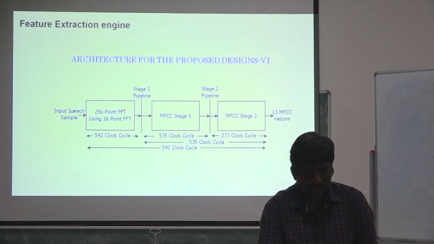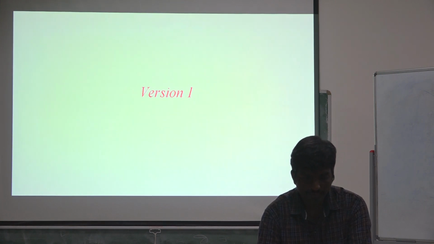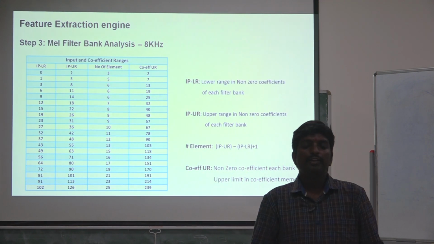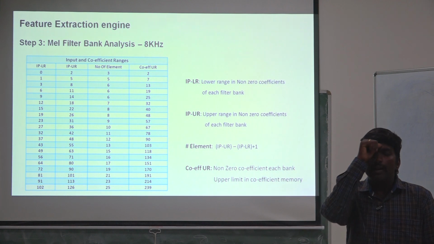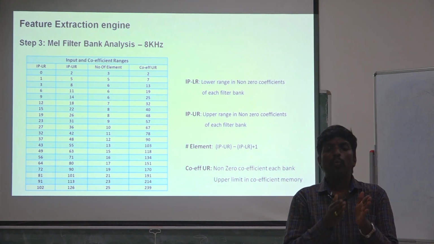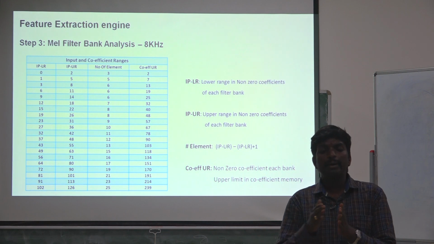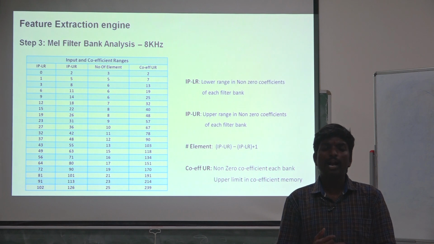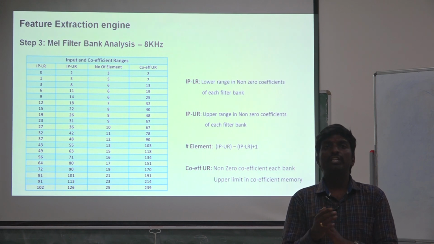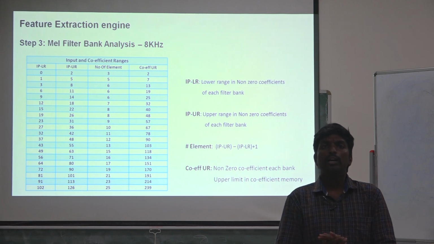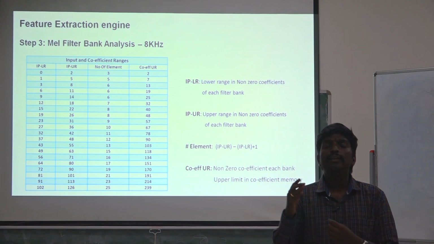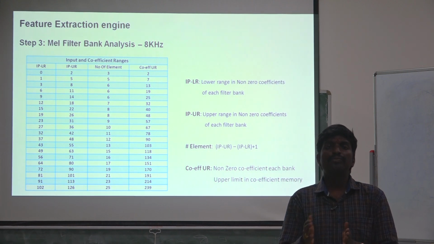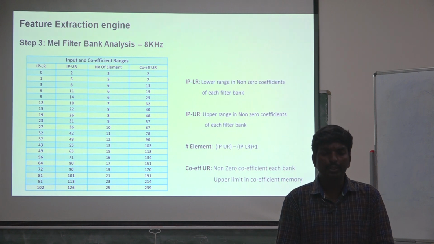But if we check the Mel coefficients, the first bank has 0, 1, 2 as non-zero elements, and the remaining all 125 coefficients are 0. Similarly, for the second bank, 1, 2, 5 coefficients are non-zero, and the remaining coefficients are completely 0. It means the 0th coefficient and 6 to 127 are 0. Only the 1 to 5 coefficients have real magnitudes.